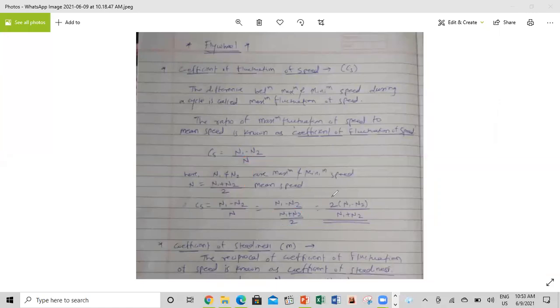Okay, this is the final formula. Cs is equal to 2 in bracket N1 minus N2 divided by N1 plus N2. Here N1 is the maximum speed and N2 is the minimum speed. Okay, then next,